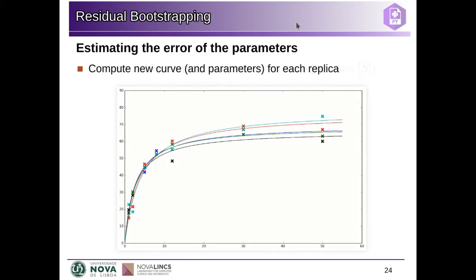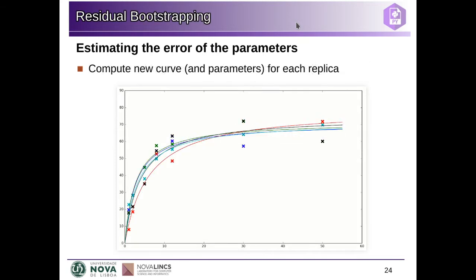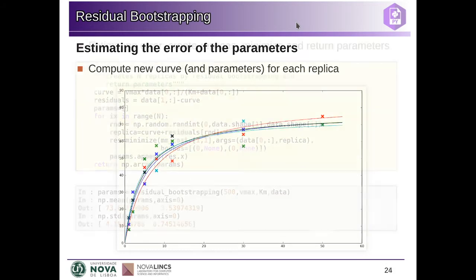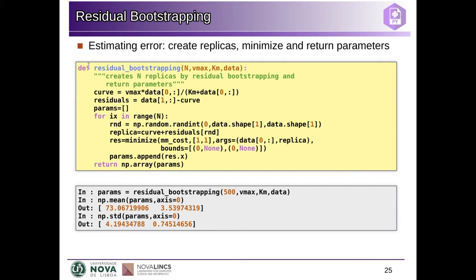Now, for each one of these replicas, we can compute the best curve. And the best curve will be slightly different, because the errors were shuffled in a different way, the points are in different positions, and we get slightly different curves. So this is what we're going to do here. This is the residual bootstrapping function that gets the Vmax and Km for the best model. So this is after we adjust our model, the best Vmax and Km we found. The data that we have, the original data, so we can compute the residuals, and the number of replicas we